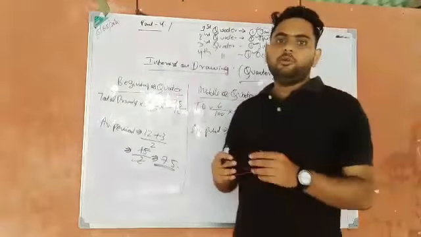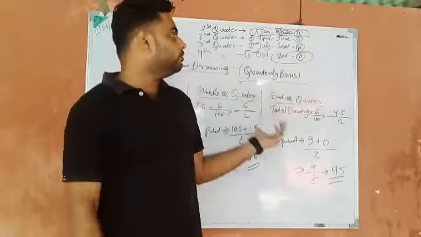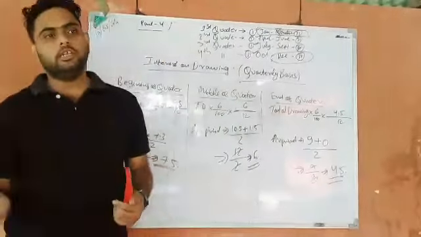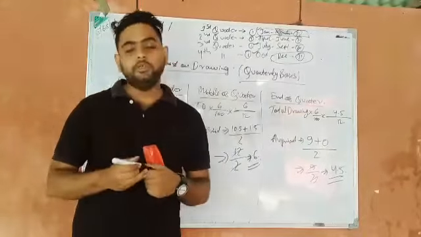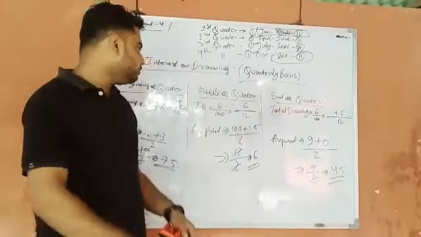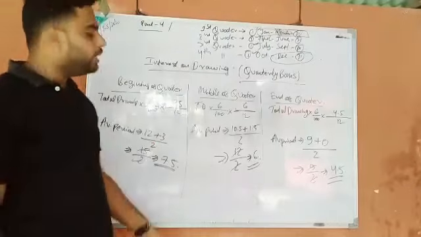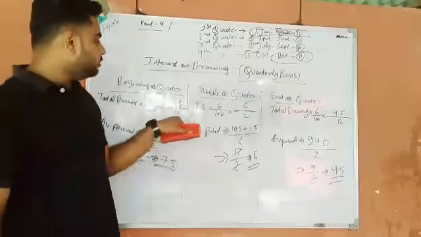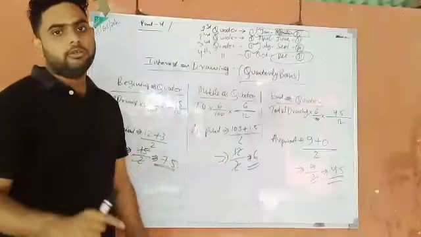So this is all about interest and drawing. I have done monthly basis, I have done quarterly basis. There is also one method. In that method, basically, the time period is of 6 months. The same technique we have to use, that is calculation of average period. Everything will be same, but the average period you have to calculate by using the same method.